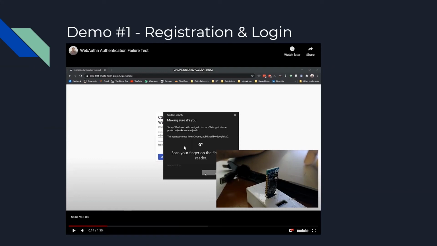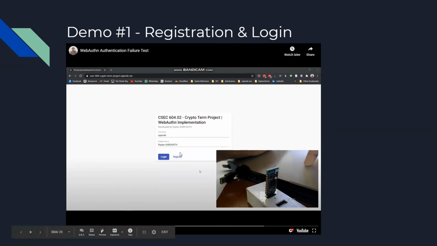If you see here, it initially asks me to log in using my fingerprint. This is Windows Hello, which is the platform authenticator that I talked about. This is default behavior, that it tries to log in using the platform authenticator first. But on the server side, you have the option to tell the user not to do the platform authentication, just do the roaming authenticator. So here I'm canceling that.